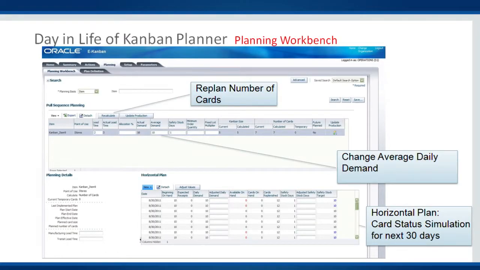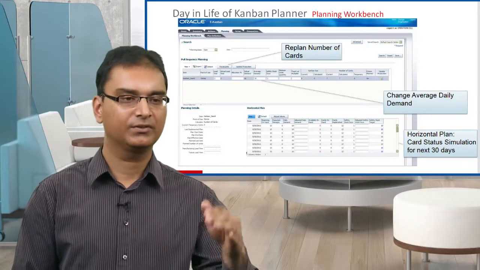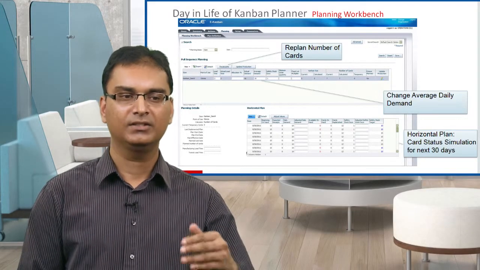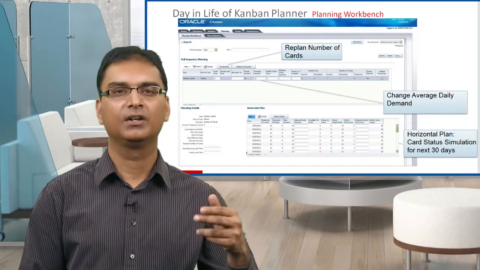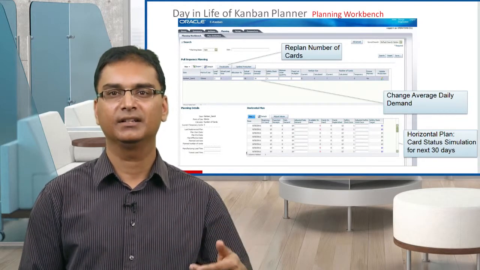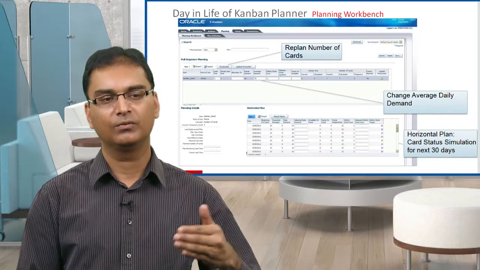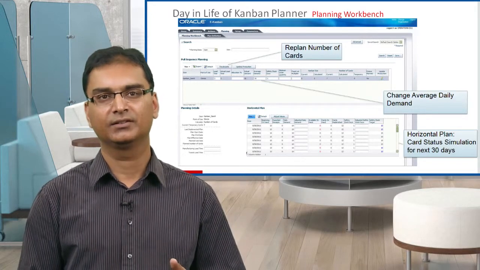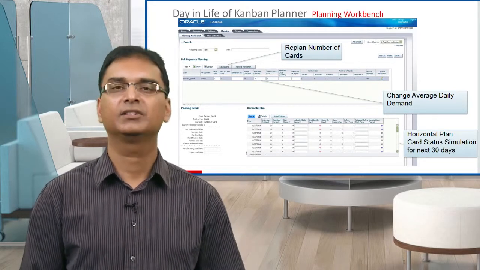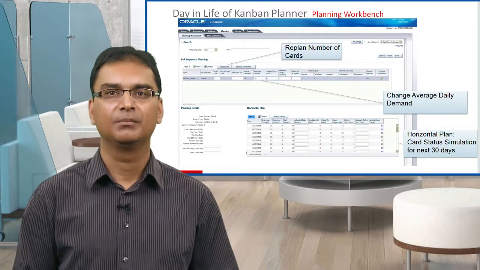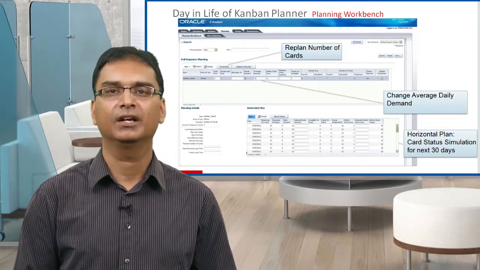So here you could change the average daily demand and recompute the number of cards. And also, before updating the production values, be able to look at the simulation for the next 30 days in terms of a horizontal plan, which is essentially a simulation of how cards would get replenished in the next 30 days and on which dates you would be receiving those cards. So it's possible to look at that simulation and make any minor adjustments before updating the production values for that